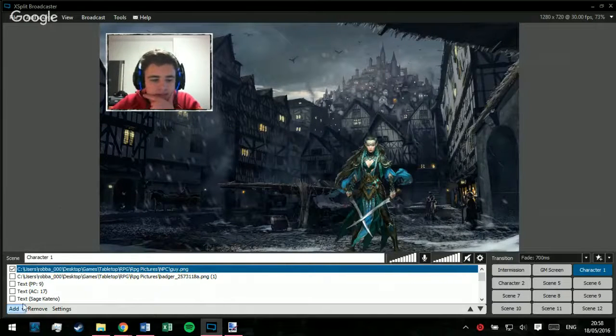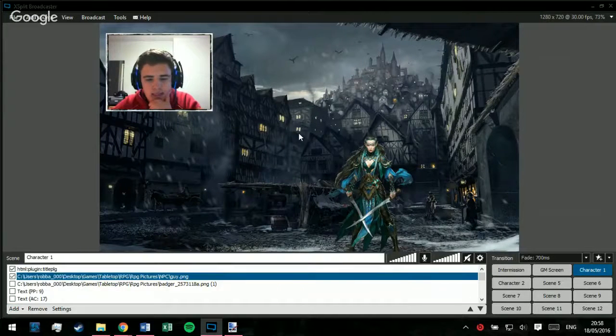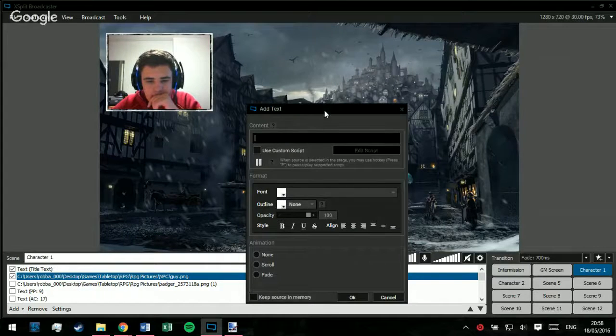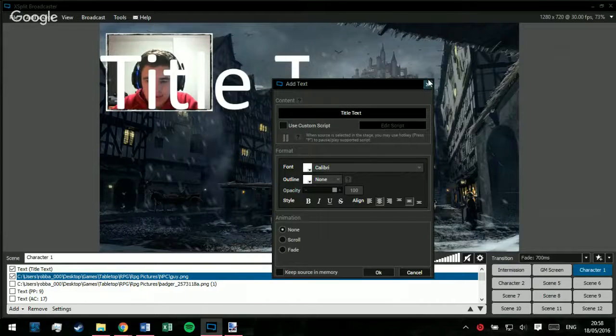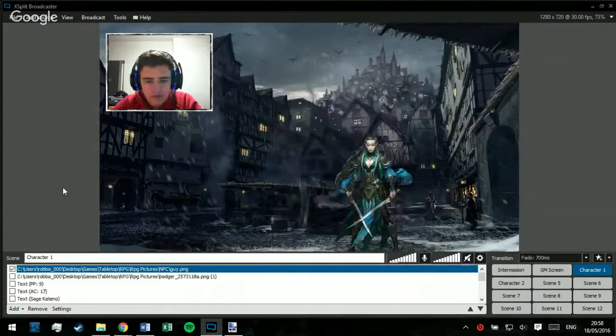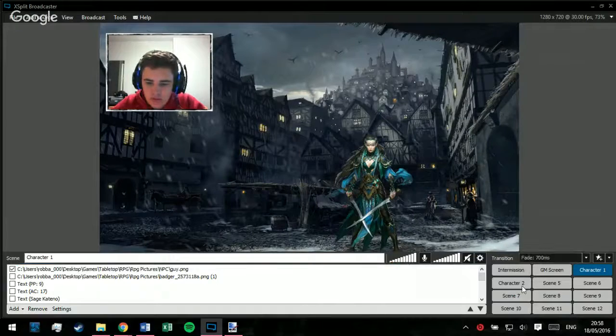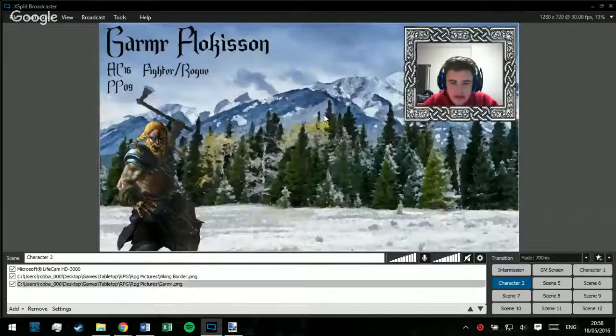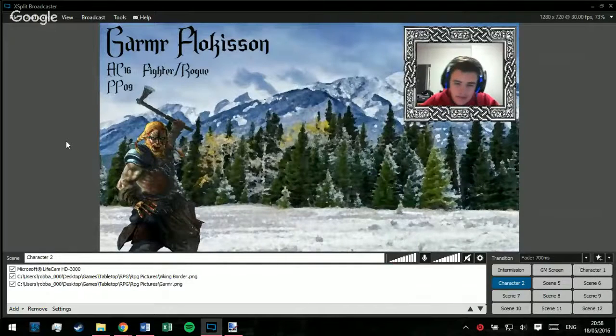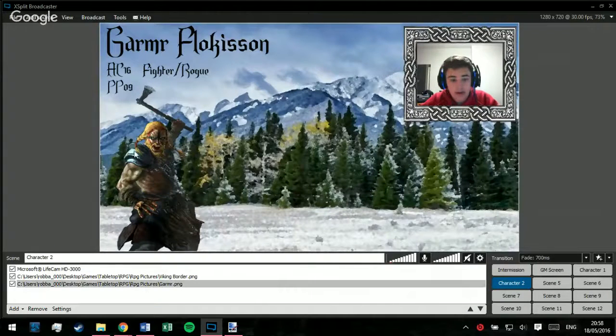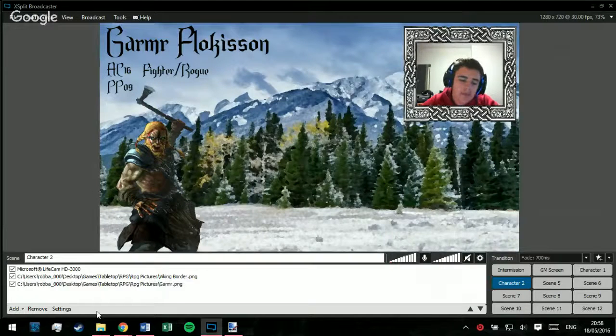Apart from that, you can go add text, and this little thing will come up and you can type it and change it. Now, the only problem with that is that you get very limited fonts. So if I'm doing text, what I'll do is take the background image for, say, Gamma, and I've got a cool font in there, and I just type that in on the actual image in paint.net, and it was much easier that way. But anyway,